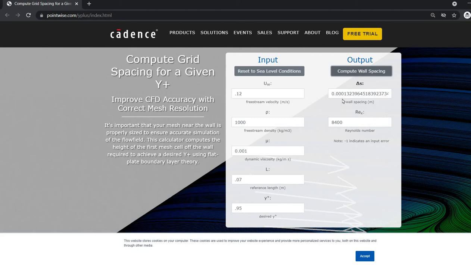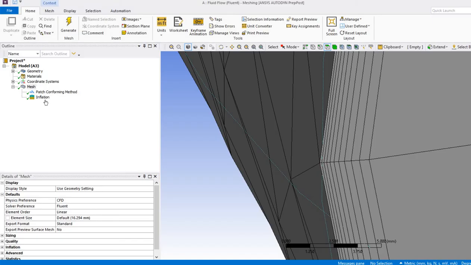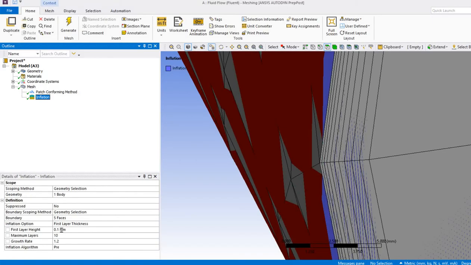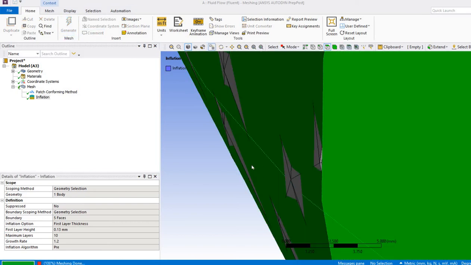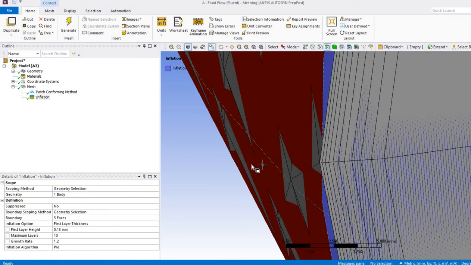That distance is 0.13 mm. So if we give the first cell height as 0.13 mm, the first cell will be at 0.13 mm, and there will be enough cells within this viscous sublayer.